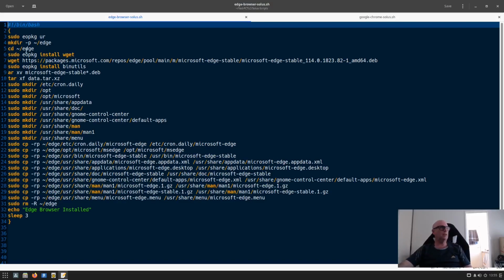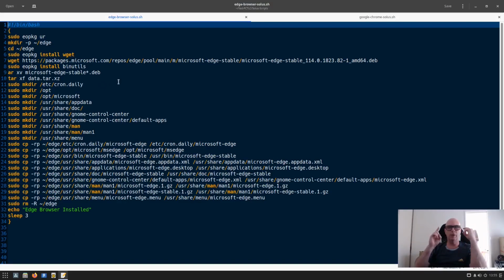So what I've done is I've made a directory called Edge. It'll create a directory called Edge, it will install wget, and then it'll download the .deb file, and then after that we install the binutils. Now this thing, when I was doing this first, I left a space between there. I had a few things all over the place. I don't know what I was doing there. I reckon I've grabbed a different file or a different folder or something, and